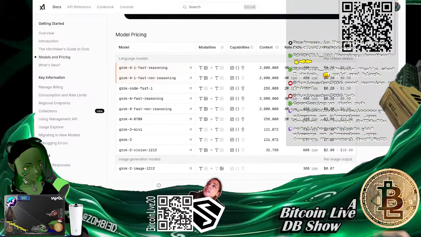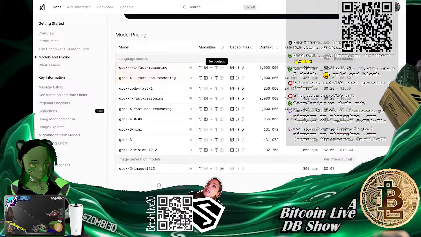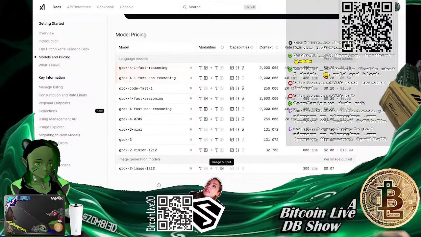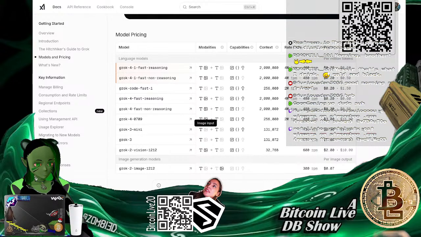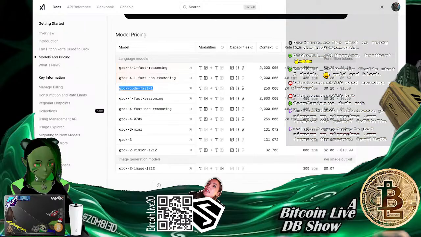I can get models, so text to image to text, text to text, so text and image to text, so the output, or text to image. So, damn. And I'm using, see how it says like CodeFast 1?